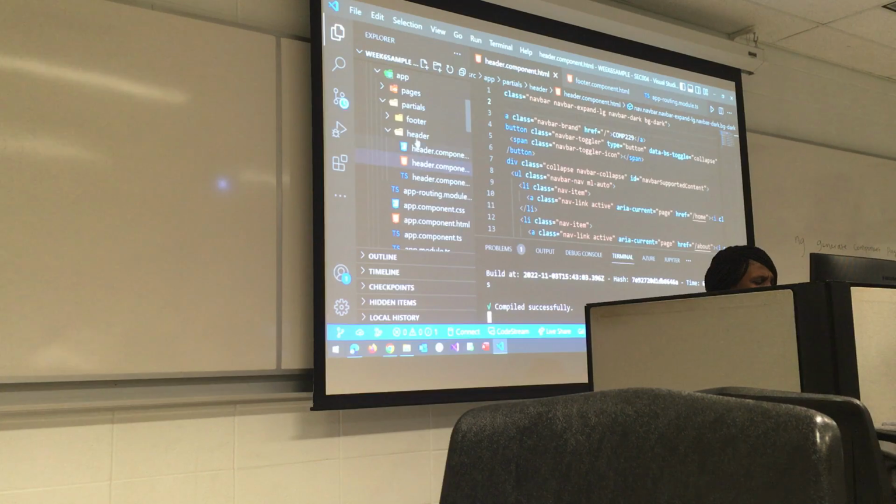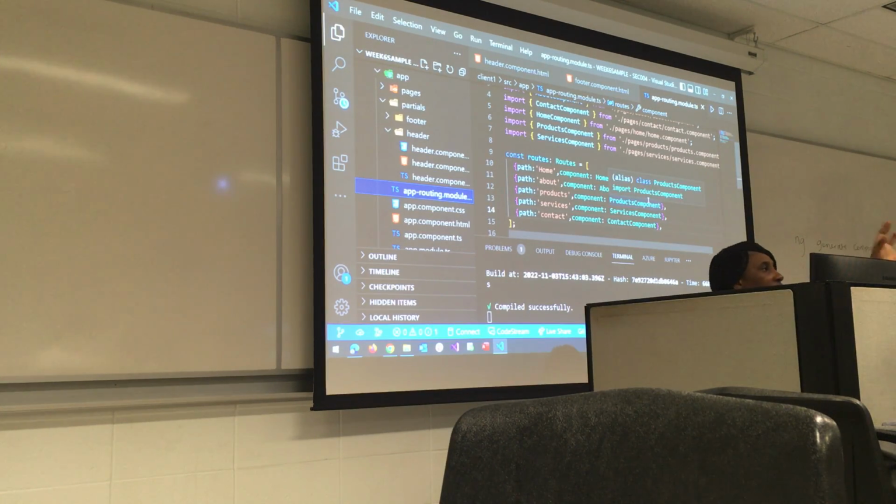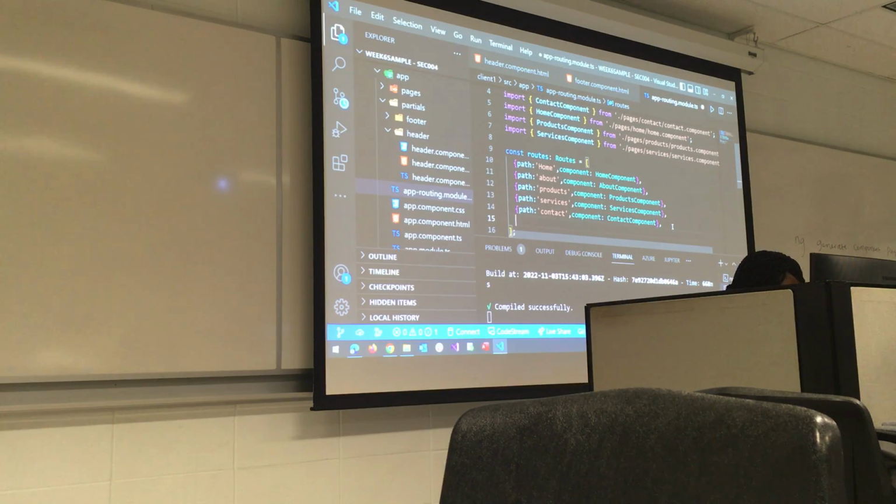So if you go to that header, after the header we have what we call, are we together? The app routing module. So open the app routing. This is our routing module, that we worked on initially. We need to add, remember we said if you click on that Comp229, which will probably be your logo or the name of your company, you should go back to the home page. So we just add that at the end here.